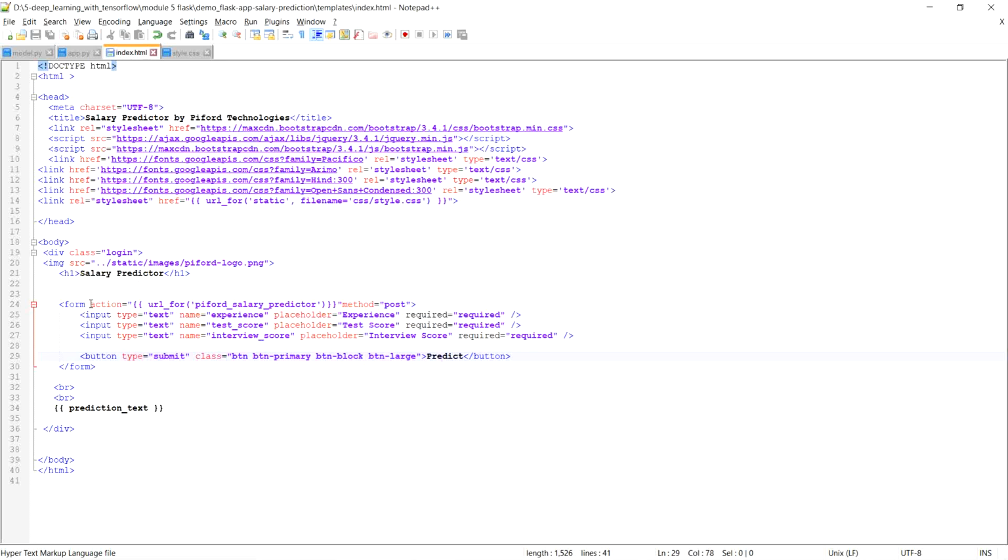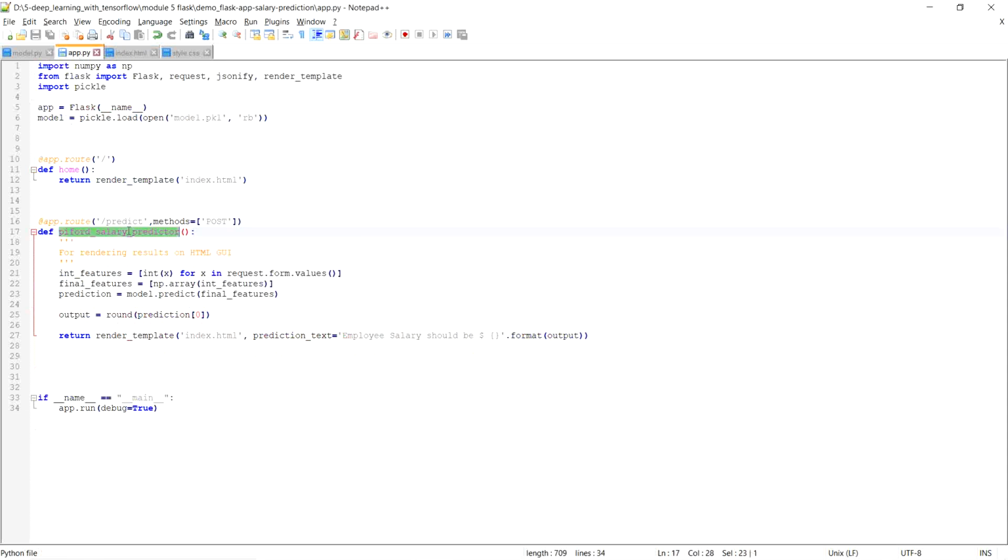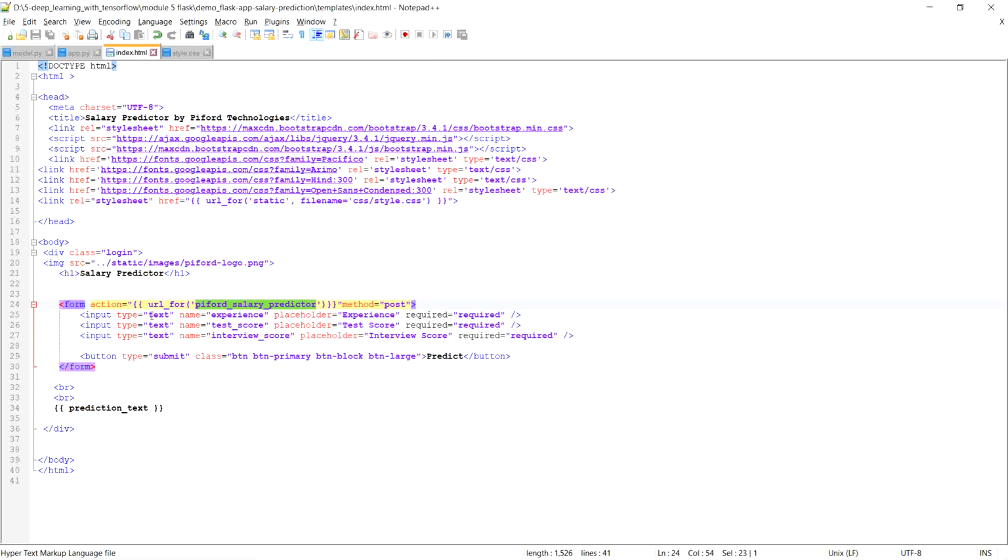The important thing to note is the form action. See, in this form, under action, the URL is url_for predict, the pivot salary predictor. What is this pivot salary predictor? Let me show you. This is the pivot salary predictor function. This is the function which we have developed in the app.py file, and what we are saying is, when the user inputs experience, test score and interview score and clicks on this predict button, this functionality should happen.